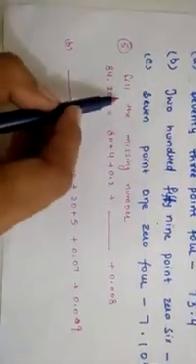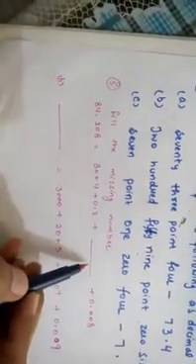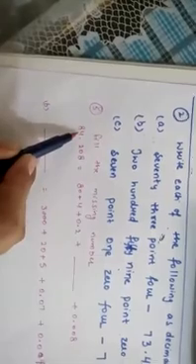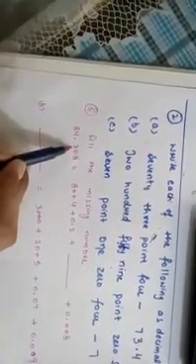Next, the 5th part is there: fill in the missing numbers. Which missing numbers are there, we have to fill in there. So see there, before the decimal they have written 8, after 1 digit was there, 80 is written, 4 written as it is. This is not 2, they have written 0.2. How is it? We have to write 2 by 10. If 2 by 10 is there, downside there is 1 zero, so 1 digit we will leave and put a point. That's why they have written it this way.